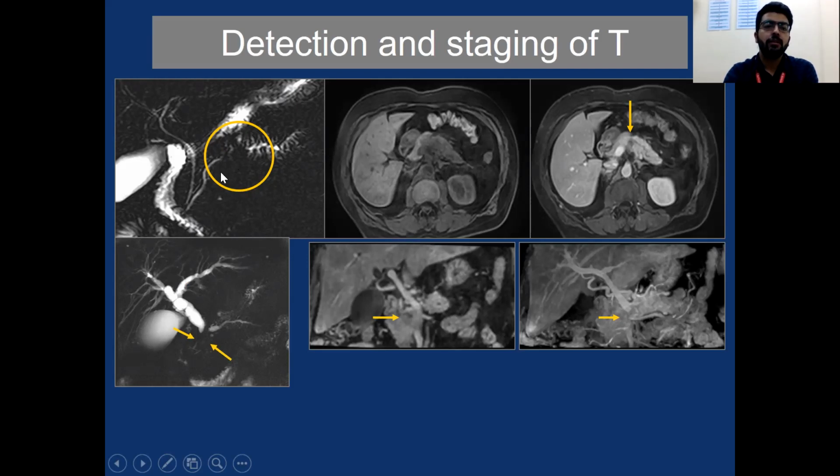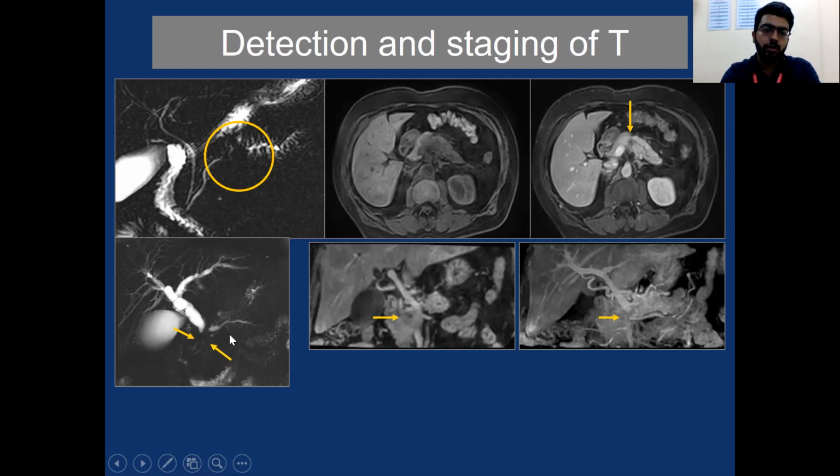This is the pancreatic duct. This is the common bile duct. This is the duodenum, second part of the duodenum. This is the ampulla of Vater. So we see a filling defect over here. In this case, after giving contrast enhancement, we can very well see how the liver is enhancing, how the kidneys are enhancing, how the pancreas has picked up the gadolinium, and we can see a filling defect, which is demonstrating the pancreatic tumor.